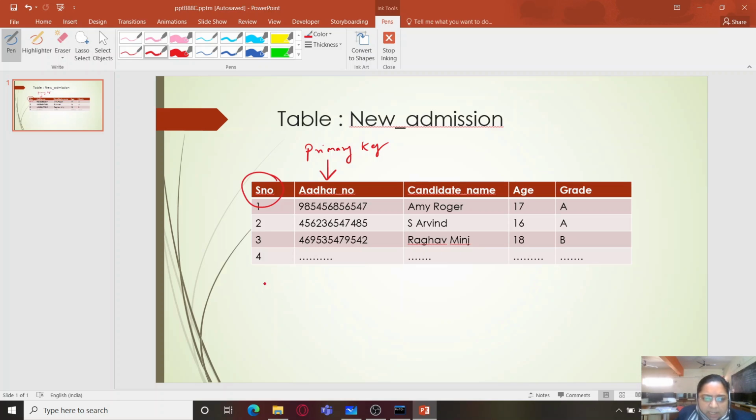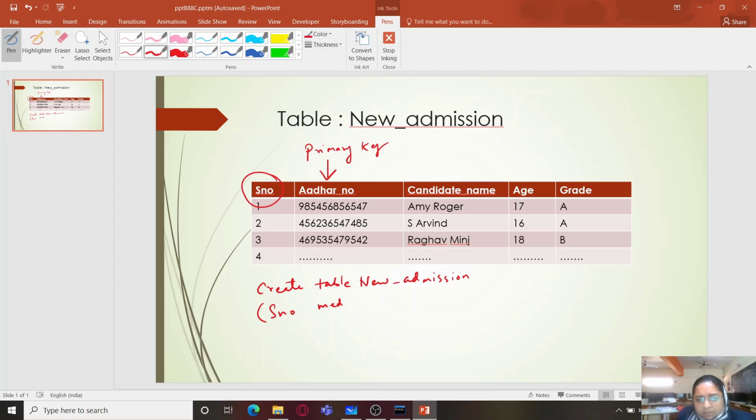So we can write it like this: create table new admission, first SNO serial number, and we are taking here small int. Or we can also take it as medium int, because the number of students might increase if there are more admissions. So I'm taking here medium int.